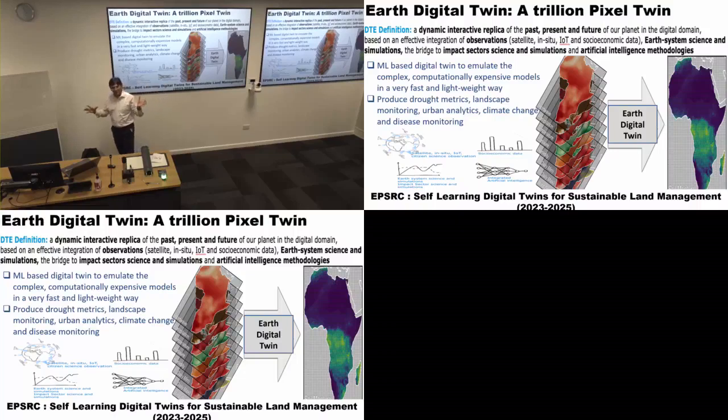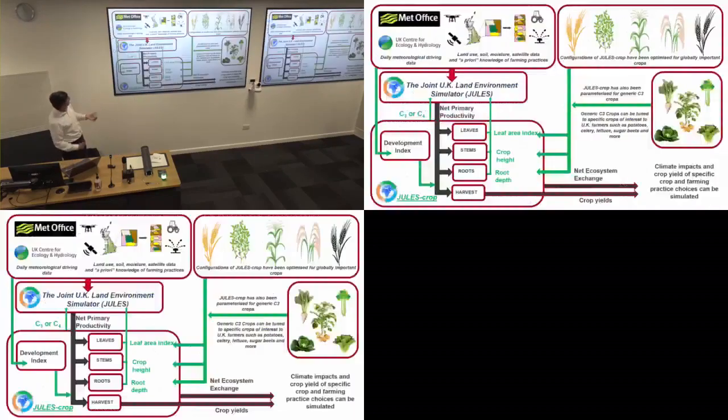But what we are trying to do is create a digital twin of UK land management for 2 regions, mostly in East Anglia. The 2 sectors that we are considering are ruminants and peatlands. Those ruminants and peatlands collectively produce 12% of the UK emissions, and the idea is how can we reduce those. We are working with a lot of organizations, and I will explain what we are trying to do probably in the next slide.